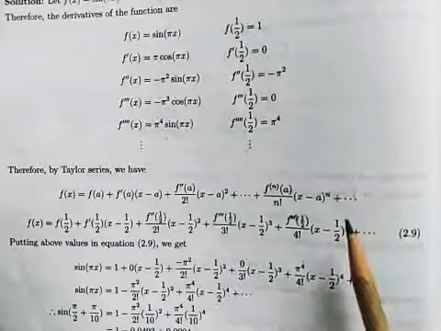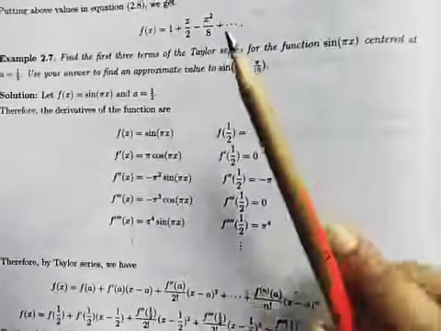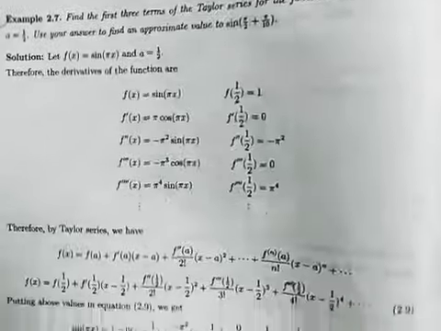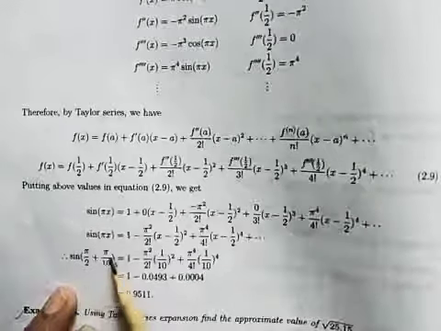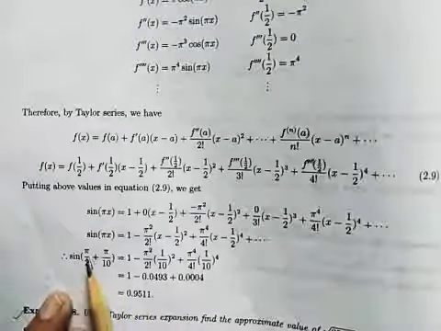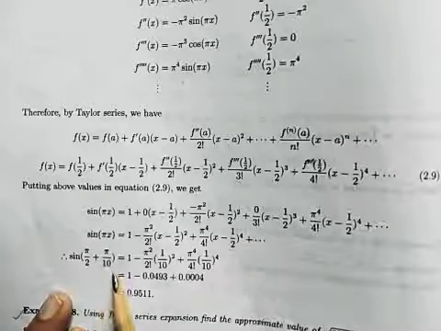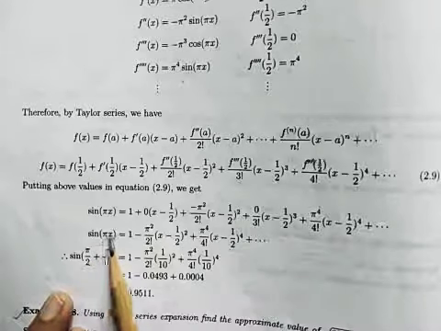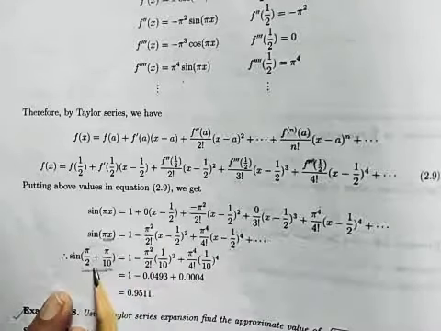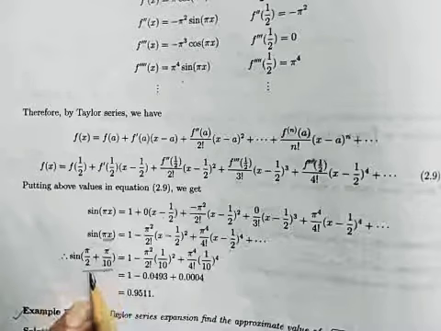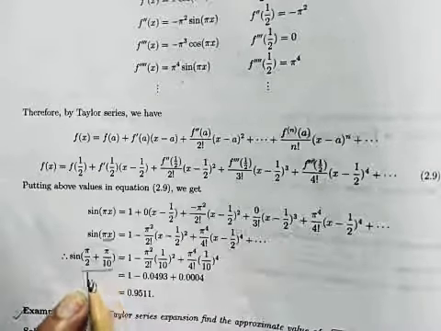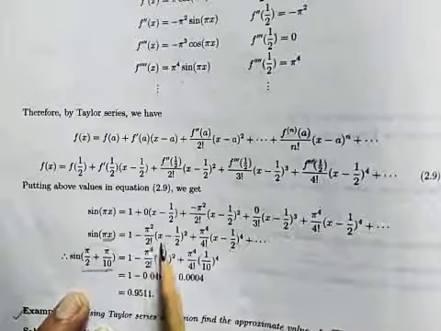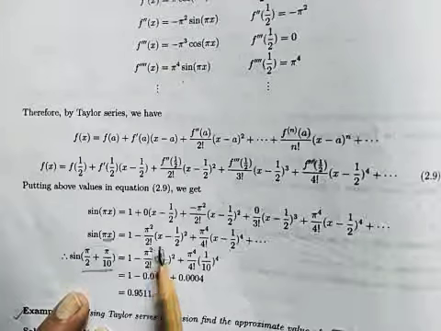In the question, it is asked to find the approximate value of what? sin(π/2 + π/10). So here we are taking sin(π/2 + π/10) equal to, what change do we need here? Now it is π into x. We can take π common, so in the bracket there will be 1/2 plus 1/10, meaning our x is 1/2 plus 1/10. So in this formula we replace x by 1/2 plus 1/10.